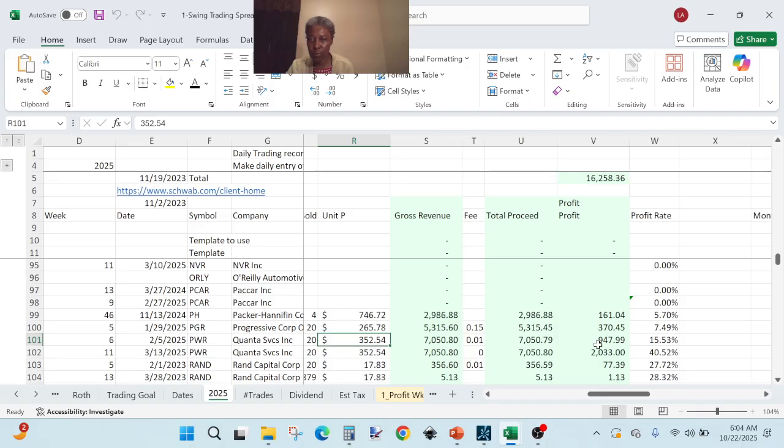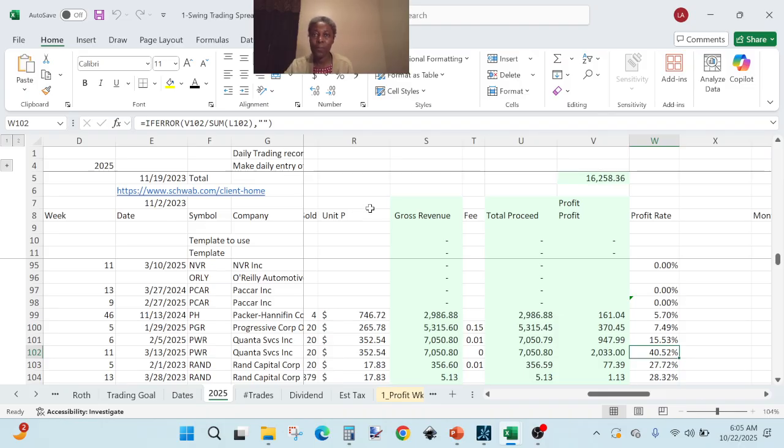And so on those two, we made profits of $2,900. So the first one that we purchased at a higher price, we made about $900 profit from that because we sold it shortly after it reached a new high. And the second one, we made $2,000 profit there. So we have those profit rates, 15% for the first one and 40% return on the second one. So that is how we swing trade